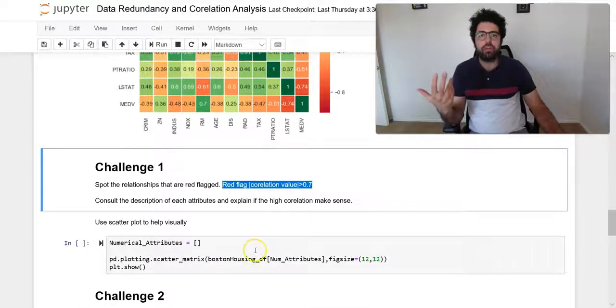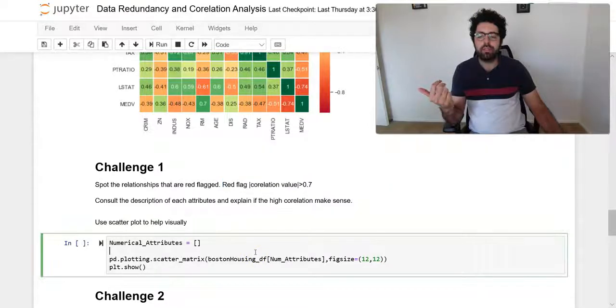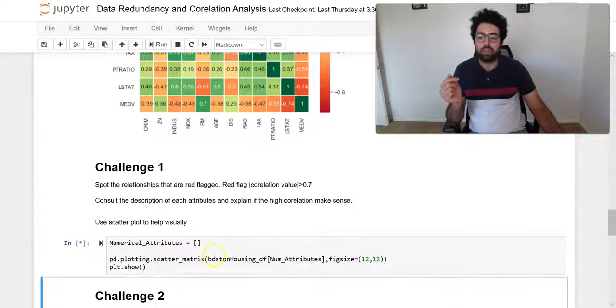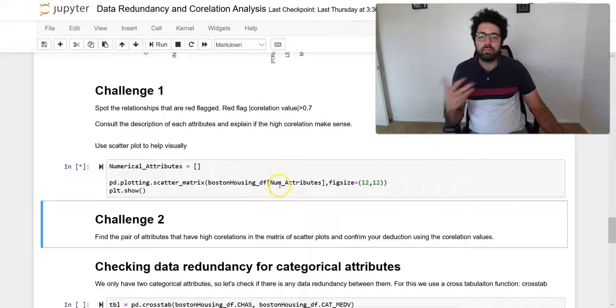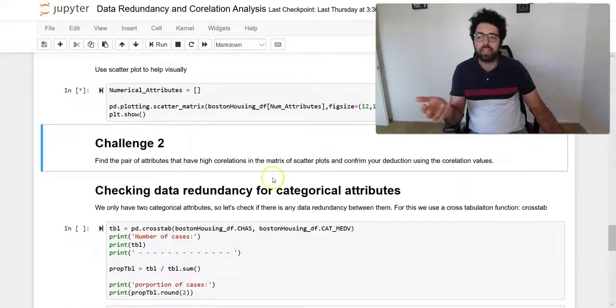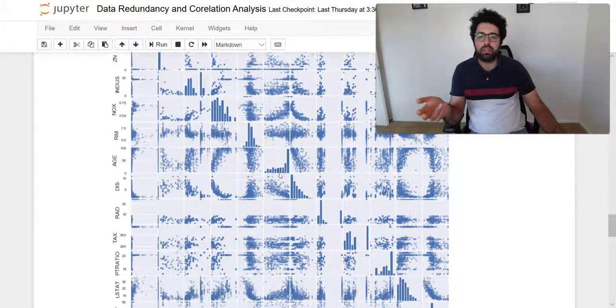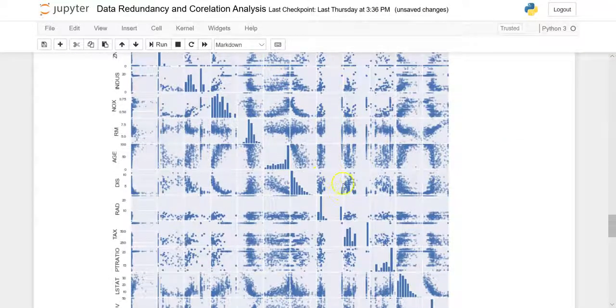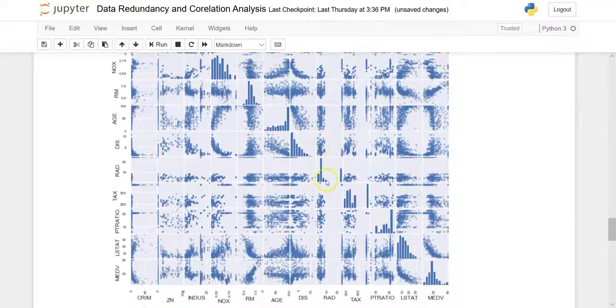Another way we could have done the analysis here is, instead of using correlation, to use scatter plots of every possible combination of the numerical attributes. Once you do this, it's basically giving you the same information, but in a more visual way. So you can see if there is a high correlation. For example, here we can see there is a high correlation